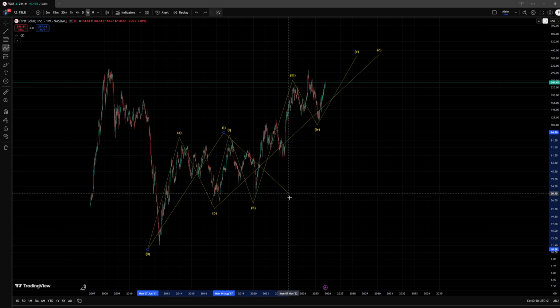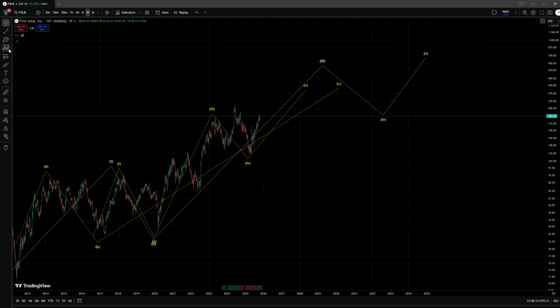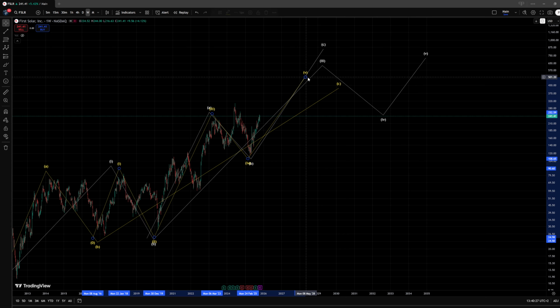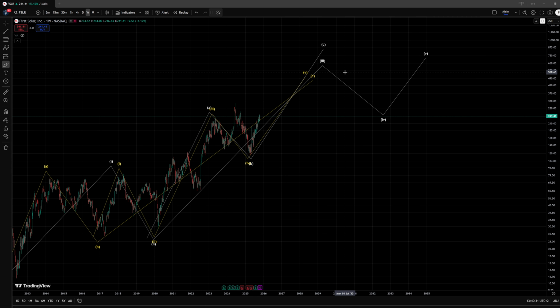I suppose we could add this count as well to the chart, and in that case we would be looking at quite different support zone areas, but generally in all of these we are expecting to push higher. The only difference is that in the yellow scenario, I'm tracking an ending diagonal within the wave C, and in the fifth wave to